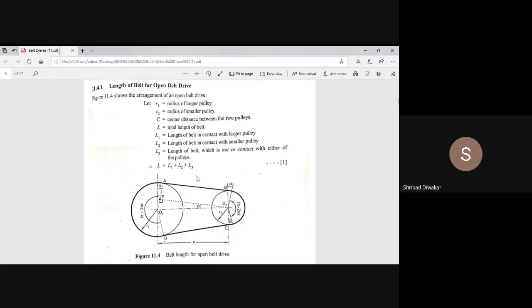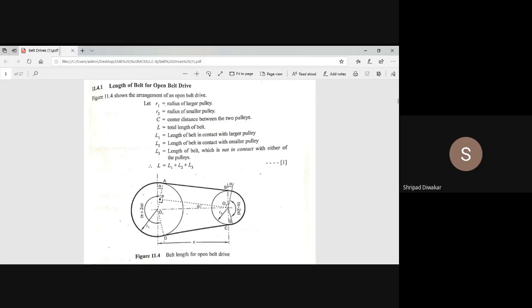First draw the circles, next draw the lengths, then mark the points: alpha here, alpha here, alpha. We are having four alphas. The next step is to draw a line O2P parallel to AB in such a way that you can observe the triangle O1 O2 P. In this triangle, the angle P is exactly equal to 90 degrees. Then only is AB parallel to O2P. So this is the construction of the diagram. You have to analyze this diagram properly and not make any confusion.